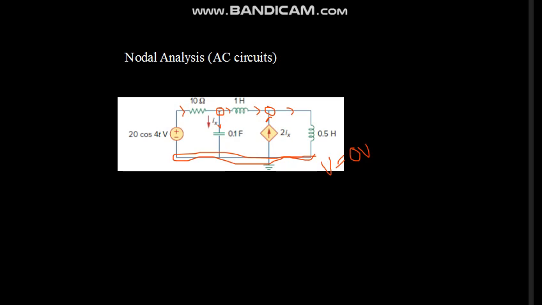We have to find the nodes and rename them V1 and V2. Then at that node there is the incoming current. Denote this current I1, that is Ix, and denote this other current I2. So look at V1. At node V1